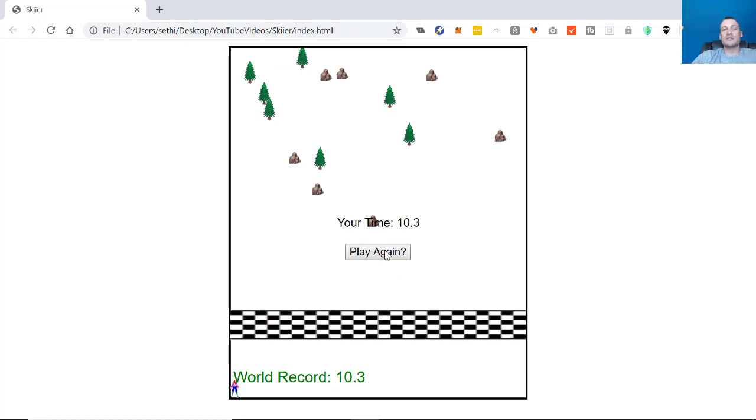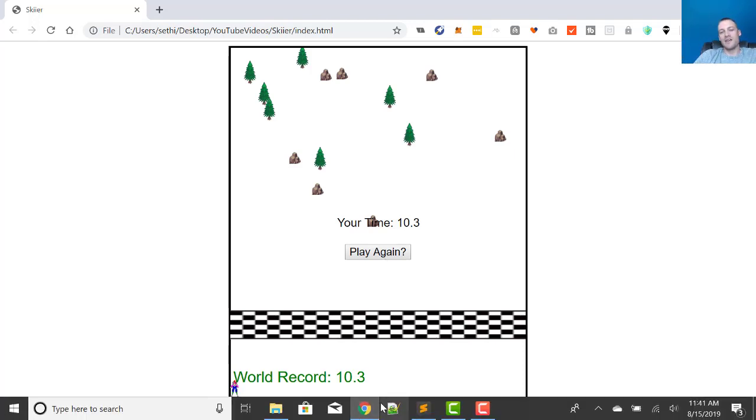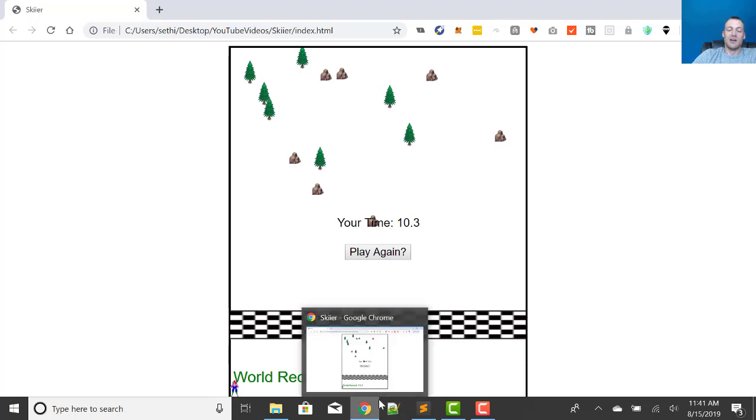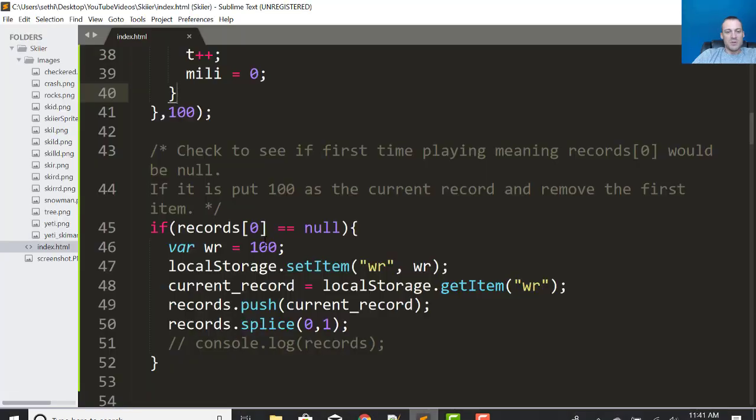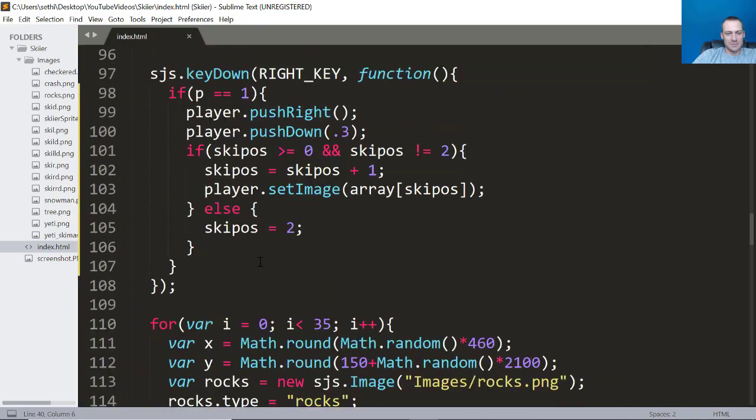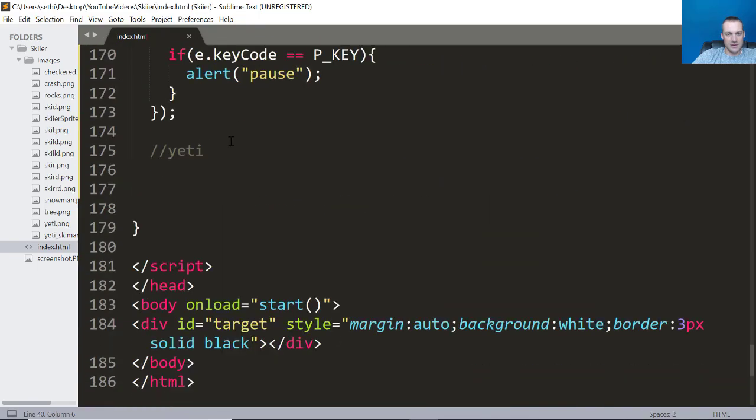But what we want to do this time is put in the Yeti. If you've ever played the original SkiFree, when you get pretty far down the mountain, rather than making an end, they just have this Yeti come out and meet you. Ours is going to be slightly different, but basically the idea is we're going to have some sort of Yeti try and capture you,